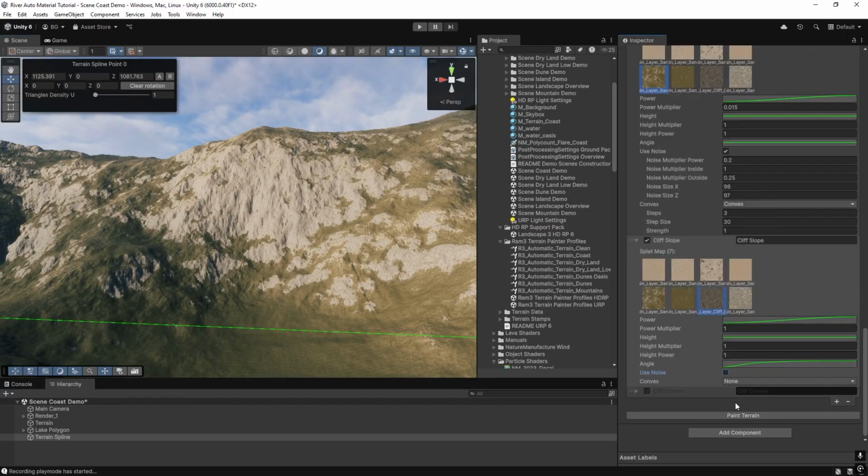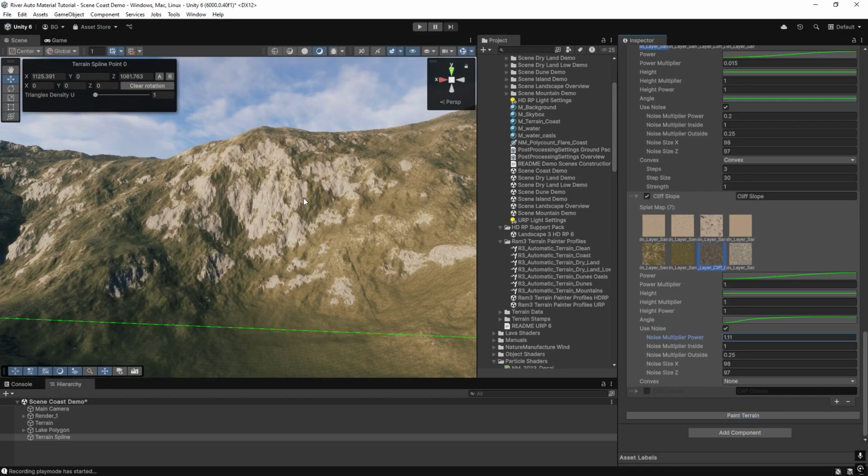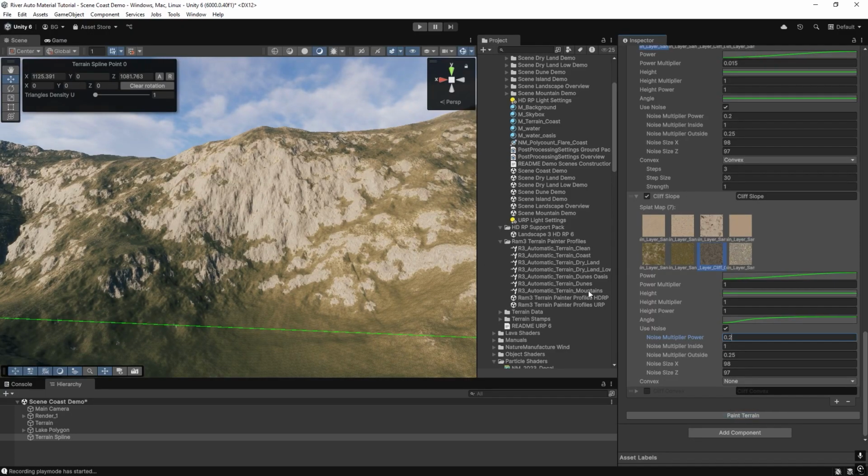I mean, you should add a noise which is not too strong. If you increase the noise power, you will get gaps on the cliffs. If the noise is soft, it will only